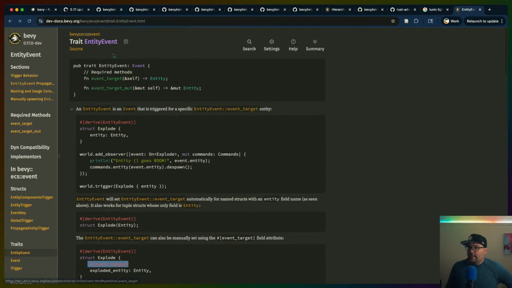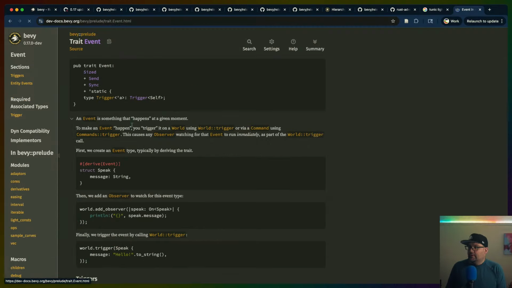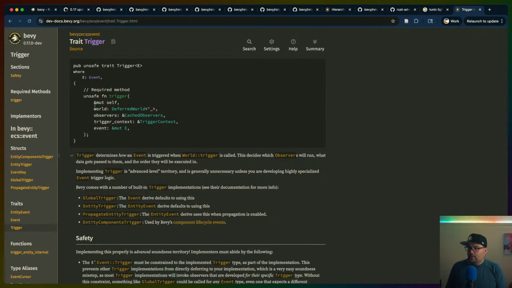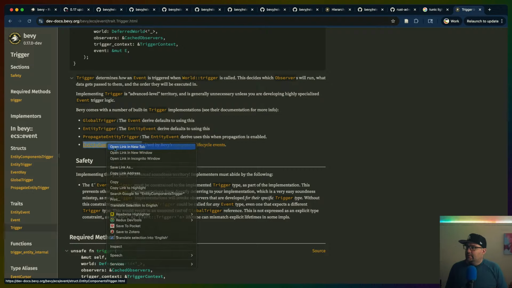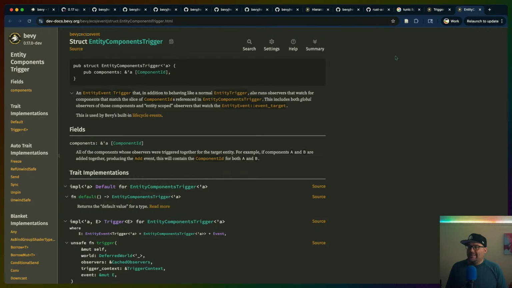one thing I do want to look at is this thing keeps coming up. Where's event? This associated type keeps coming up, this trigger type. So this trigger type has global trigger, which is for global observers, entity trigger, which we just went over, propagate entity trigger, which is what is used when propagation is enabled, and then entity components trigger, which is used, I guess, internally for component lifecycle events. Probably not a thing that we're going to teach,